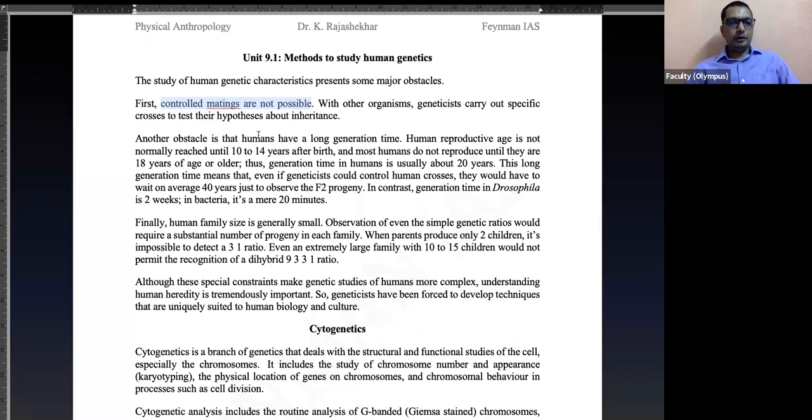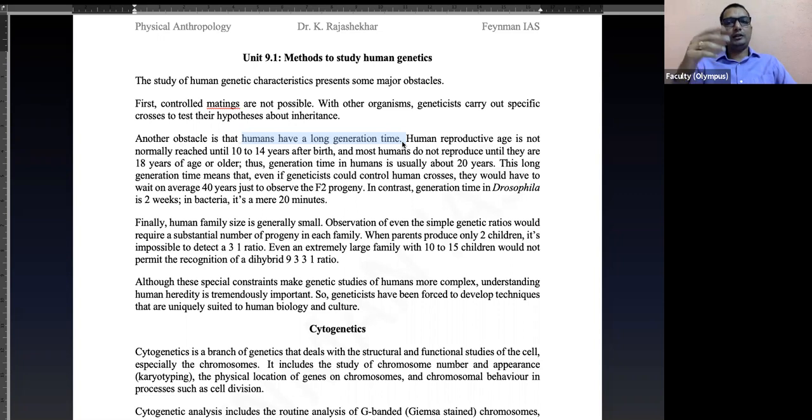And the second problem that you need to make a note of is humans have a long generation time. Imagine if someone wants to perform the test that Mendel had performed, back cross or test cross, how many years they have to wait to see the progeny? Our generation time is about 20 years. So it will take forever to actually see the results. And one person's life is not enough to figure out one concept. Correct? Because if they have to see 4 generations, his life is gone. By that time, he is mostly dead. Correct? So very difficult because of long generation time.